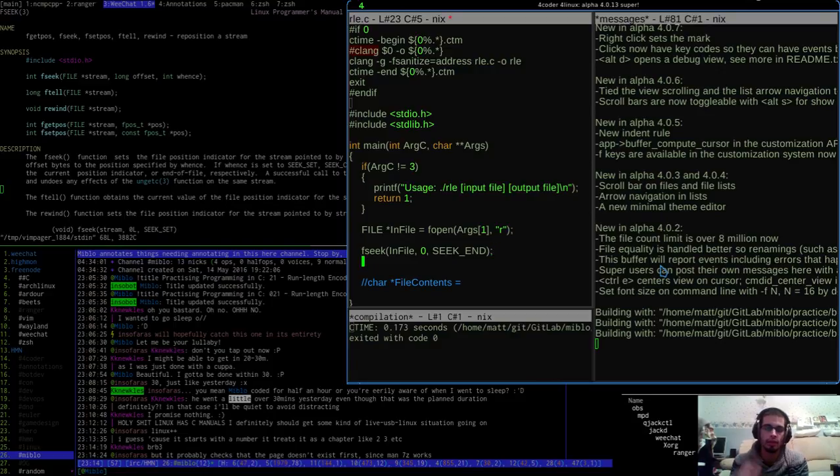SEEK_END, and then if I do int file size, it should be ftell(infile). Now let's just see what that actually tells me.